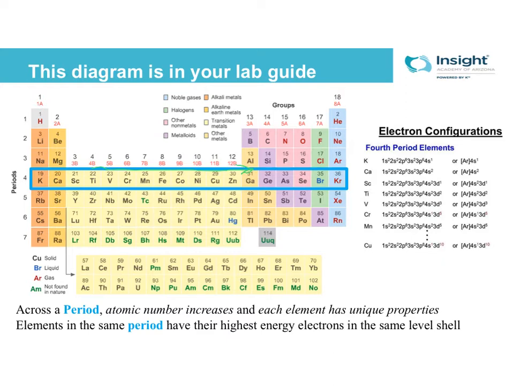And what that means is, looking at your electron configurations, the highest energy electrons end up in the same kind of outer shell, and that's this 3s, 3p, 4s, 3d. Or a shorthand way of even writing those, you can see that these all end with 4s and 3d. So they end in